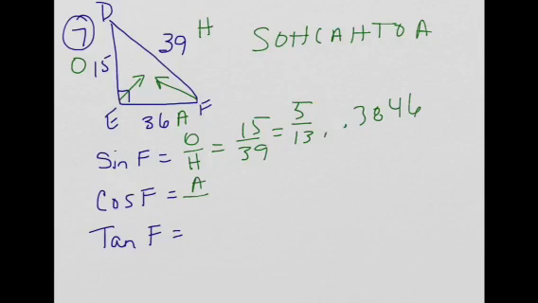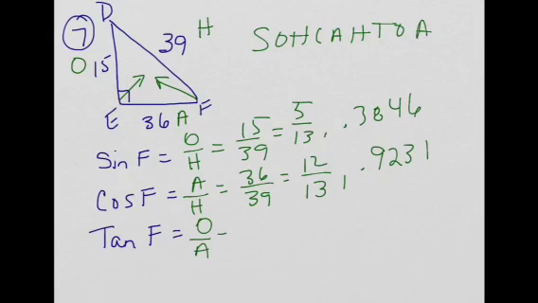Cosine is adjacent over hypotenuse. So adjacent over hypotenuse is going to be 36 over 39. That simplifies to 12 over 13, and that's going to be 0.9231. Tangent is opposite over adjacent, which is going to be 15 over 36, which is 5 over 12, which is